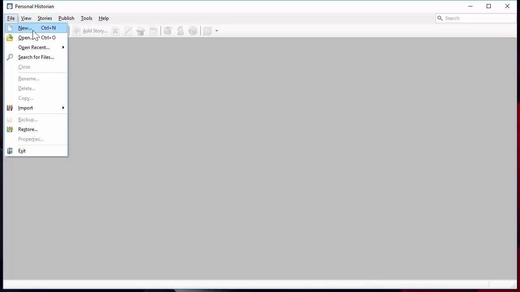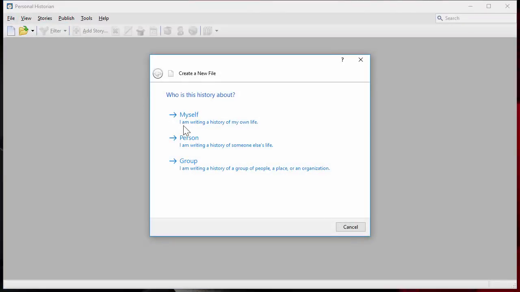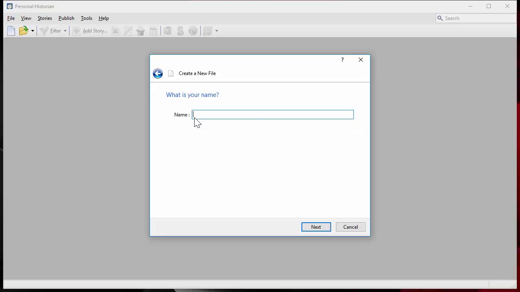The first thing I'm going to do, once I've got Personal Historian running, is go to the File menu and choose to create a new Personal Historian file. Now, this is going to be about myself, but it could be about another person or a group of people. But in this case, since we're basically showing how to import from my own Facebook account, I'm going to say it's myself, and I'm going to enter my name,